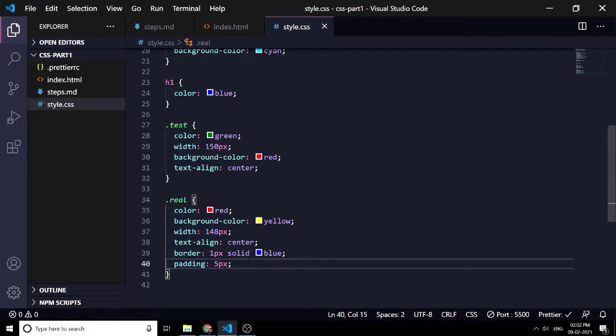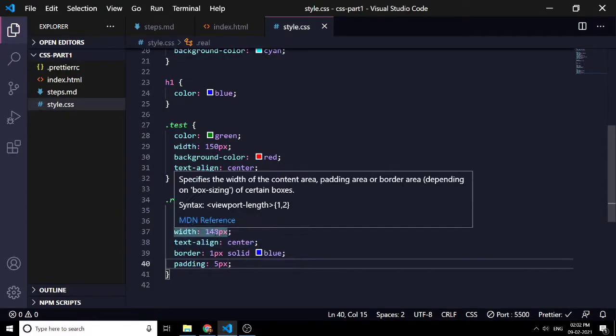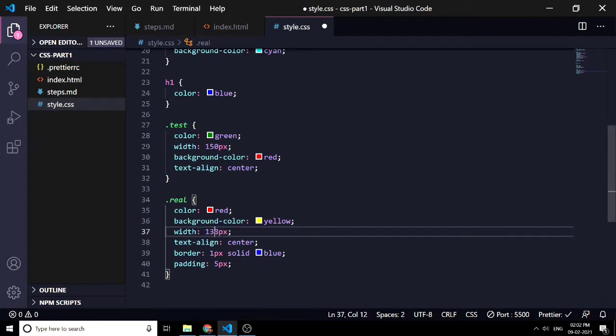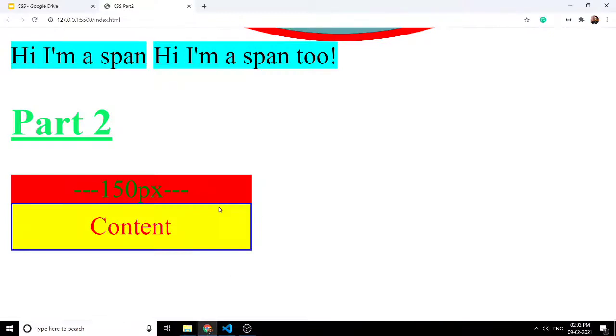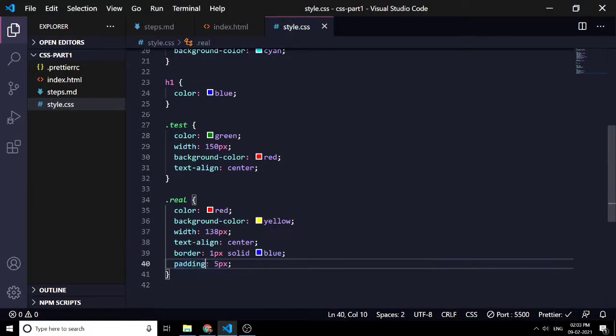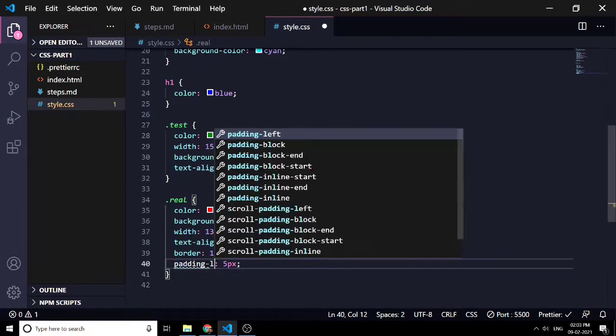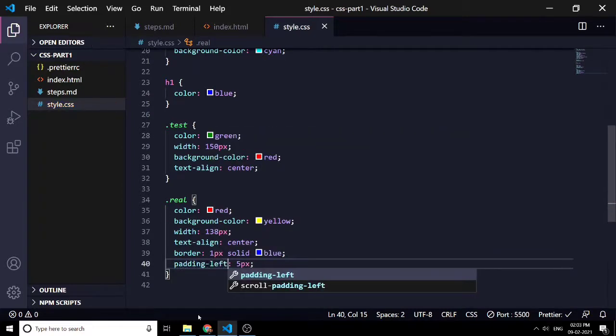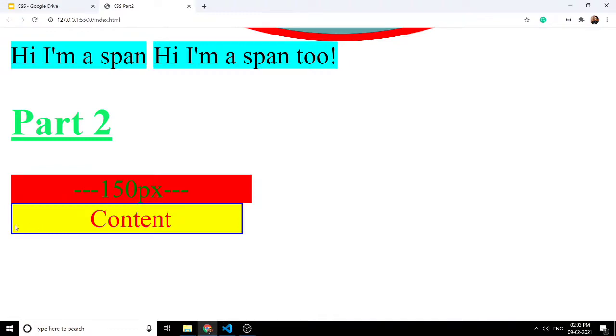So if we want to manage that, then we'll just simply reduce 10 pixels of our total width. Then you can say again we have the same width in both of the divs. So different ways of giving padding is that we have some sub properties like padding left, in which only the padding left is there, not on the right one. That's why it's 5 pixels shorter.